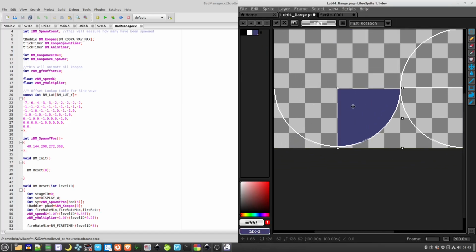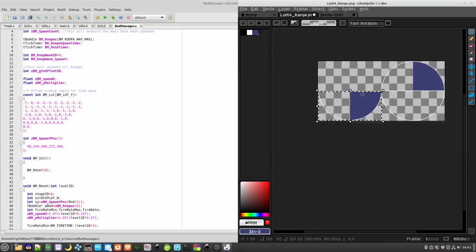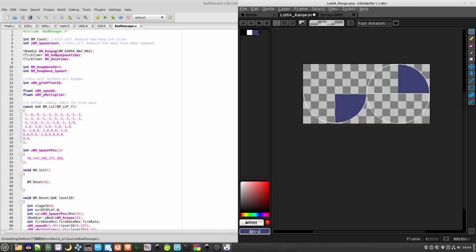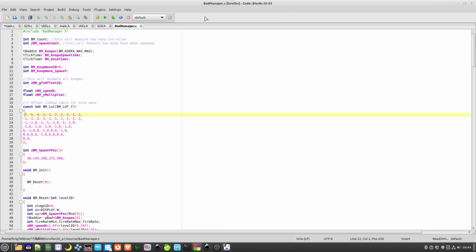We reuse the arc here basically, and then we flip it so that we have the start here, it then goes down, then they come back up. So there's 4 stages: stage 0, 1, 2 and 3. And then you'll see in here,